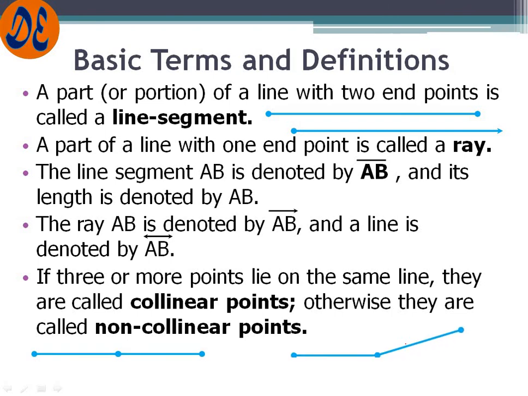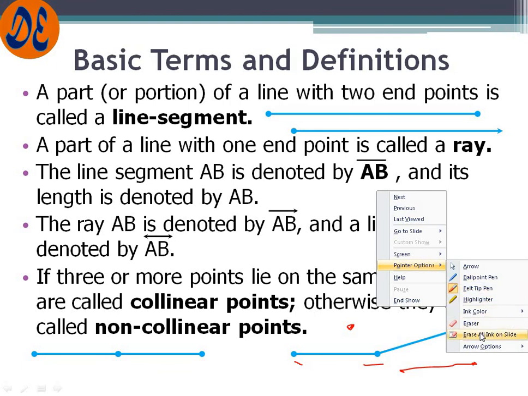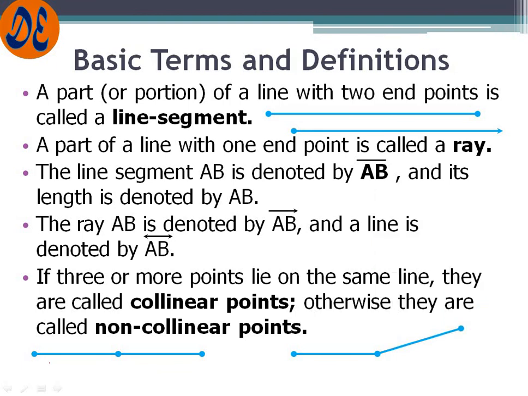You can see here, if it is a curved line, then also you can say these are collinear because they are on the curve. But if you put another point here, or another line is there, with 2 points or 4 points, then these points will not be known as collinear points. And generally in mathematics we just deal with straight lines. So in a straight line, all 3 points are collinear, and these others are not collinear points for a straight line.